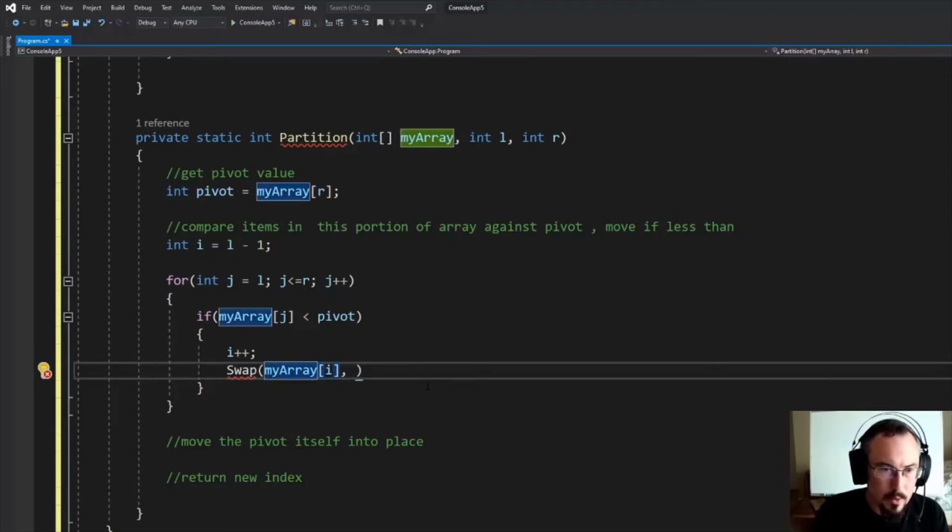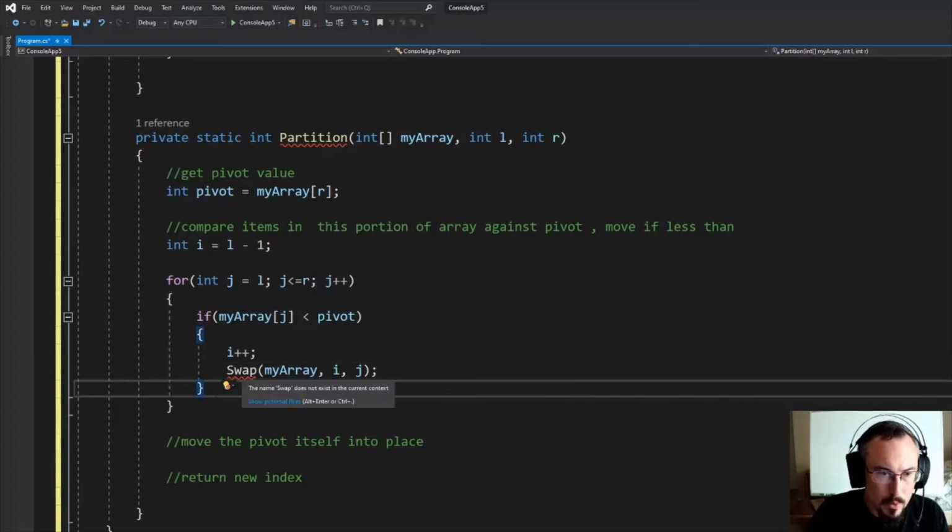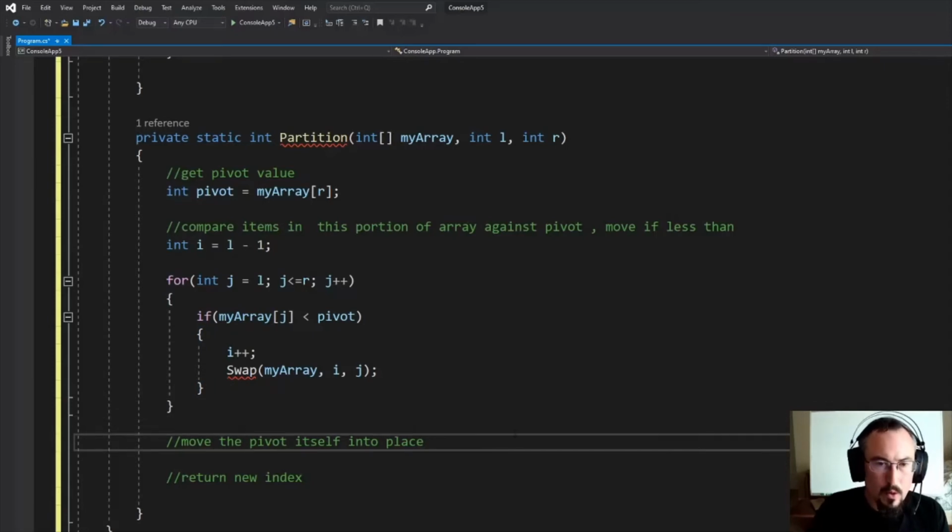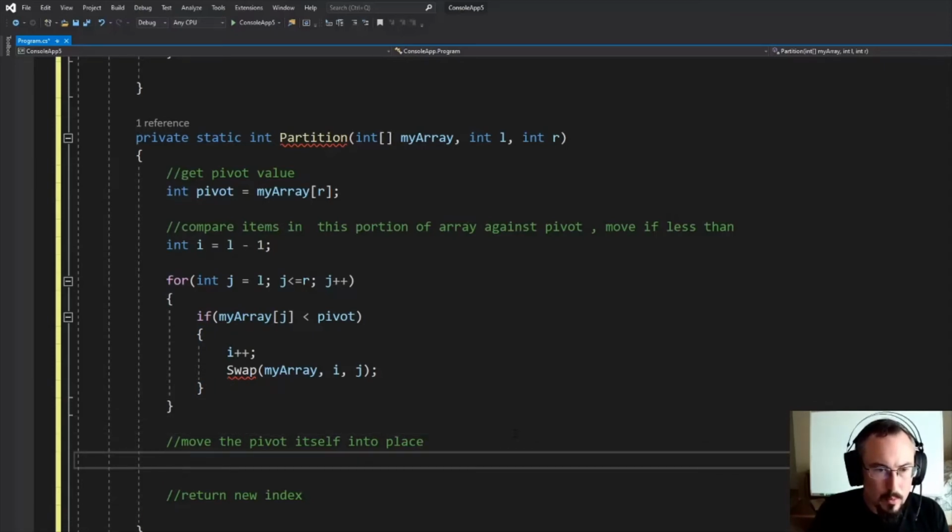Actually, I think it's easier to create a swap method, since we're going to use it twice. That way we don't have to write that code twice. So we'll swap those two items. Let's build the method after we finish with this. All right, so next we're going to move the pivot itself into place. So again, we're going to swap the location of the pivot with, let's see, we're going to swap it with i